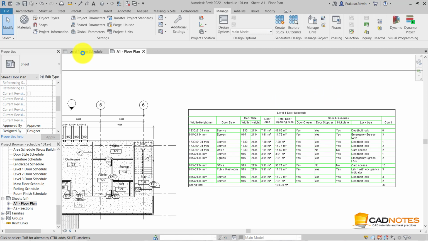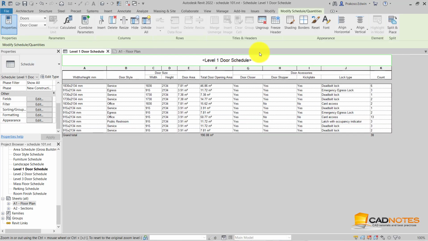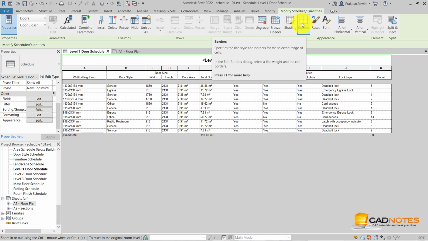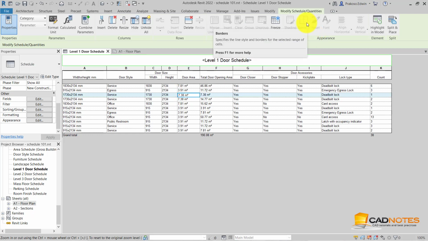Okay, now let's go back to the schedule view. We also have a border setting in this contextual tab. The border setting here only changes the header area. For this one, if I select a cell for the data, then it will be disabled.